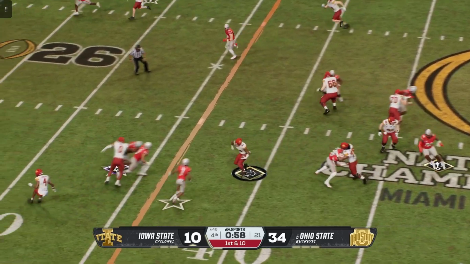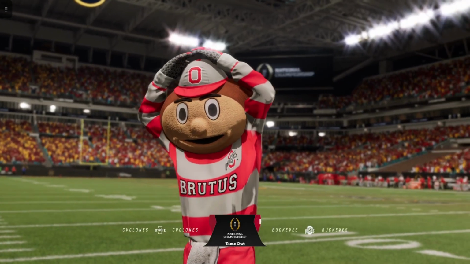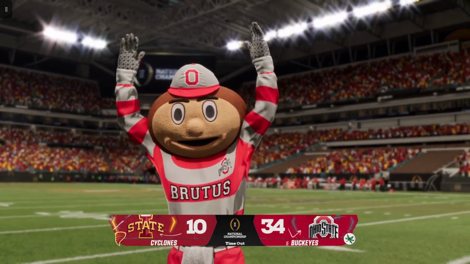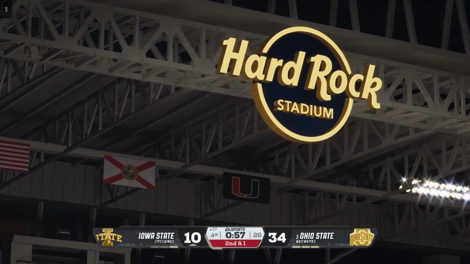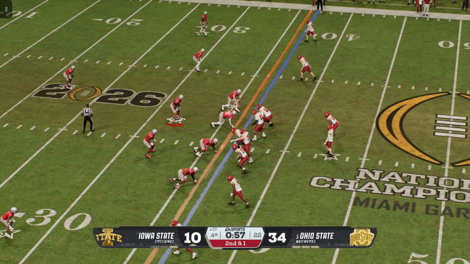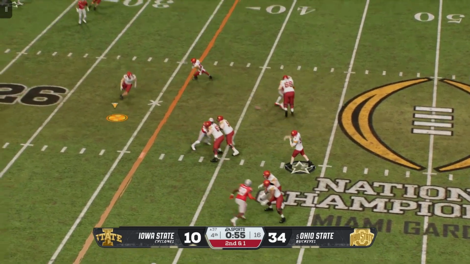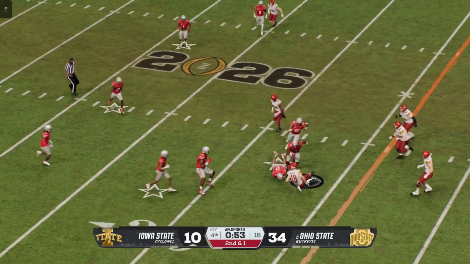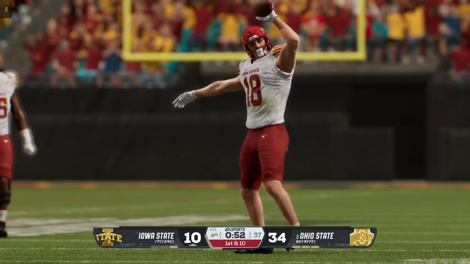Handoff here from the shotgun. They've got him, but not before a solid gain on the ground. The offense will call a timeout. That's their second of the half. Hey, where's that been the whole game? That's actually a nice run. It has been a tough day for this offense, but you know what? You love to see the offensive line and the running back still out there competing, trying to show the coaches that they're not worried about the score. They're going to go out and show their competitive spirit, and hopefully that will help them down the road.